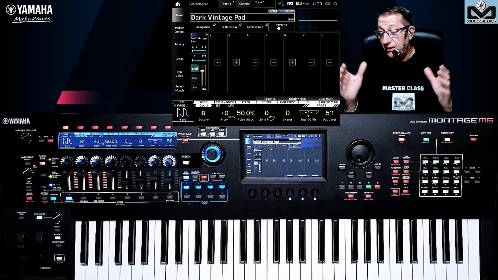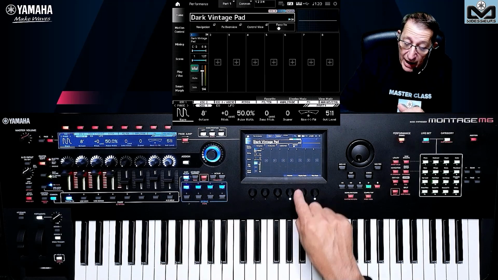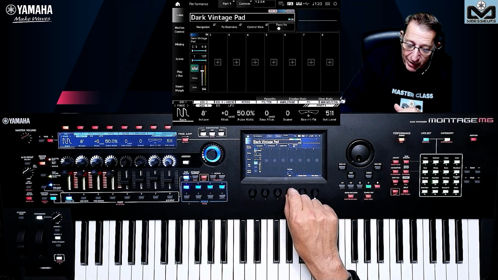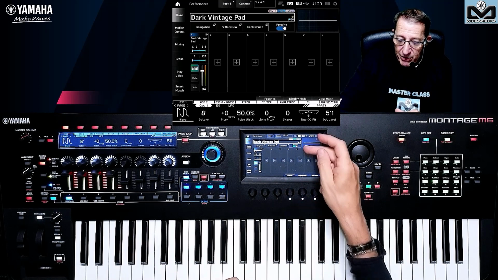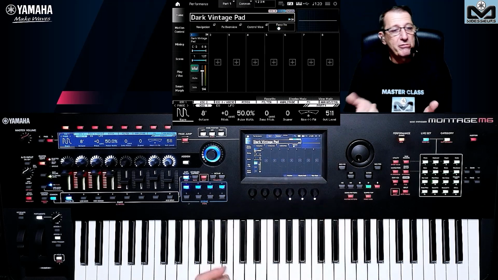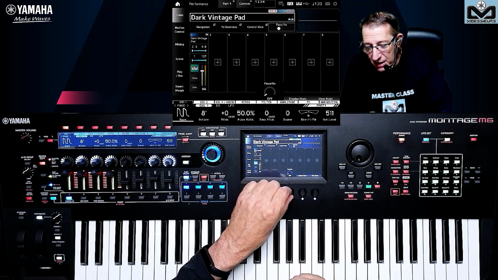Yes, of course. If you're on performance view, you have this encoder, the third one here. Favorite, ta-da, it's done. Very easy, you have the star here. You can do it directly on the screen if you prefer. As you want, you can use the encoder.